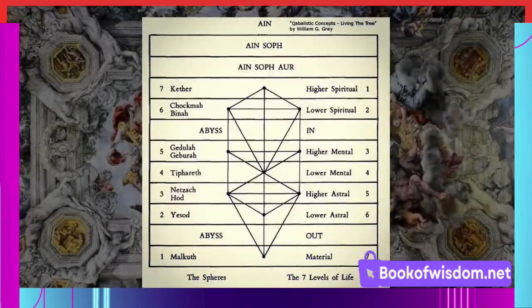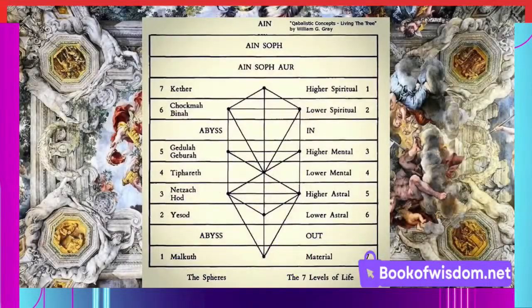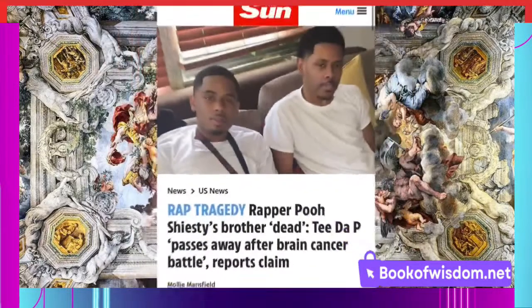So selling your soul is cutting a deal with an astral plane entity in exchange for wealth and fame on this physical plane. This is classed as black magic because you are bending reality against your intuition. Now, making deals with entities beyond the physical plane, you always have to give something in exchange. When it comes with demonic entities, it always involves some sort of sacrifice, bloodshed, or humiliation. Now, there are countless rappers who someone close to them have died just before their career takes off to the next level.